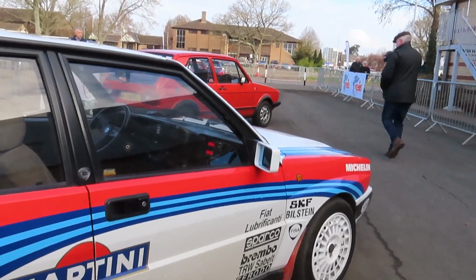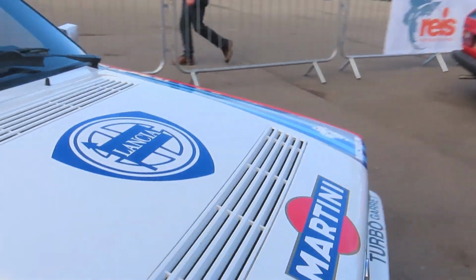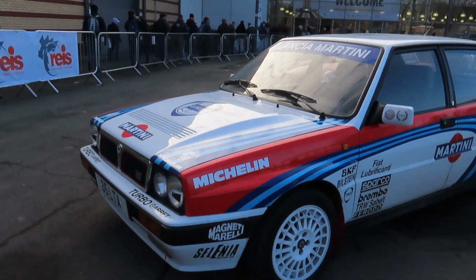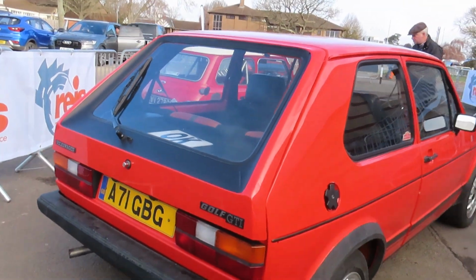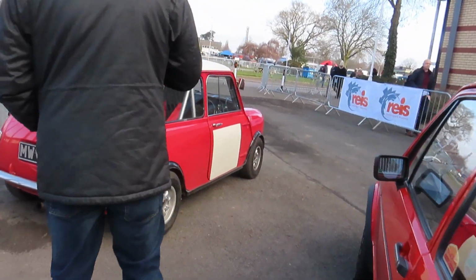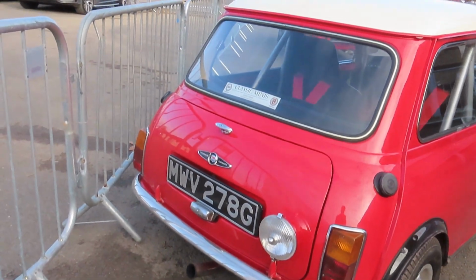Got a Delta Integrale here, a very famous Group A rally car, not Group B, but Group A, the one that came after, in the iconic Martini livery. That is quite a cool thing, isn't it? Do like the old Delta Integrales. Now watch this, we got a Mark 1 Golf GTI here, very iconic hot hatch. And here we got a nice old Morris Cooper, nice old road rally car,